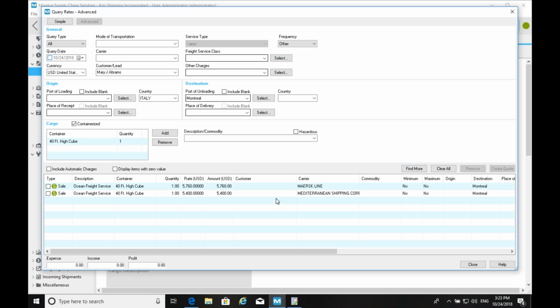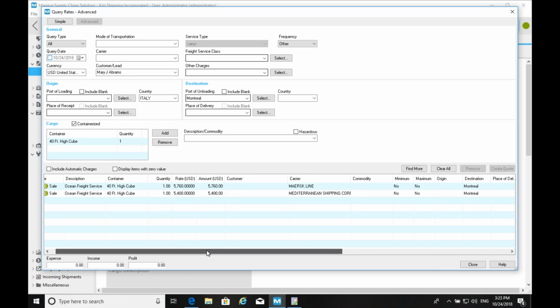Also, I have here one from Maersk offering slightly more expensive. Okay, if they want, we can query for air, but let's say for this one, it seems like they're satisfied. Okay, so I can ask, where from Italy are you looking to do this in a more exact way?